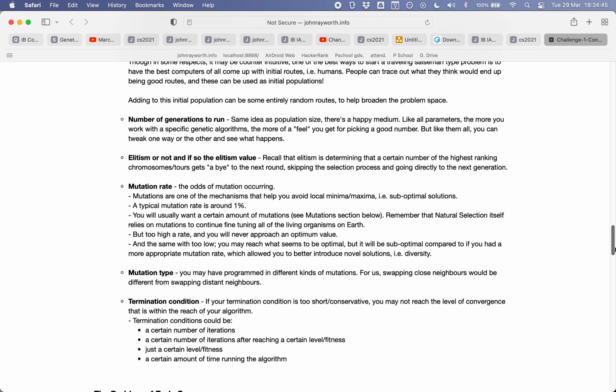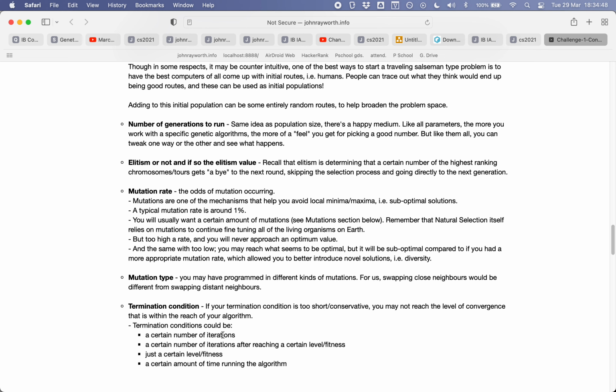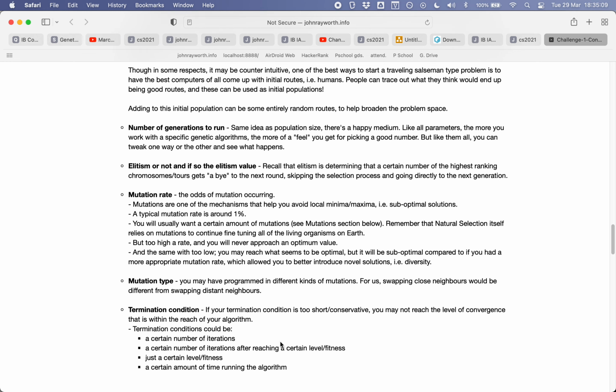And then the termination condition, if you don't do enough iterations, you're not going to get a good enough result. If you've reached a certain level of fitness, then okay, you're happy. So the termination condition makes a difference also, as does your machine. There's a certain amount of time you're going to run the algorithm. If you have a supercomputer, it might be different than if you have a laptop. So all these things,